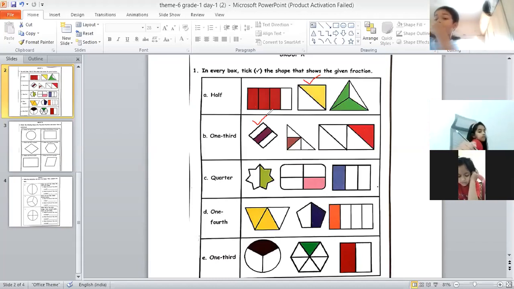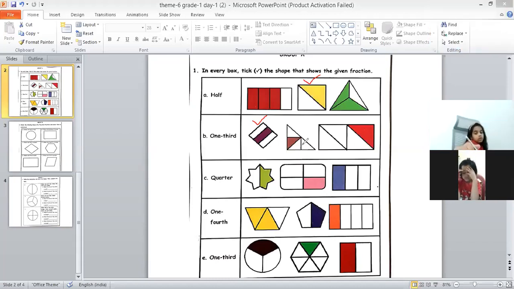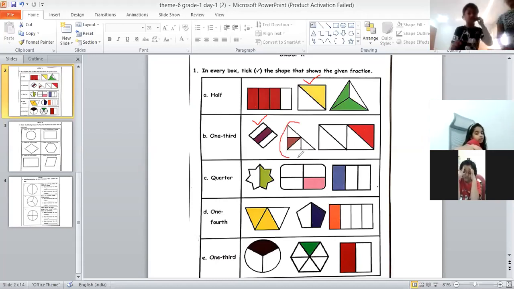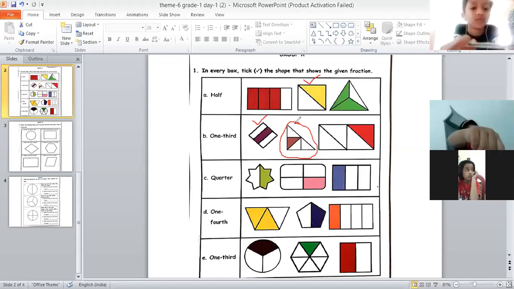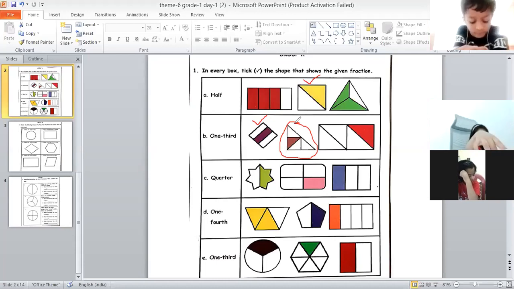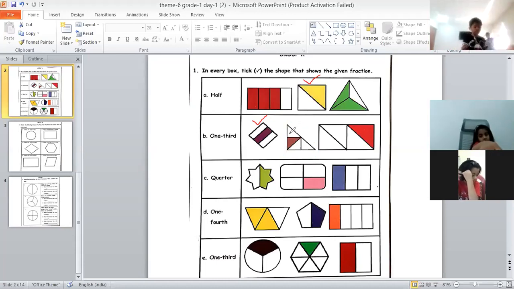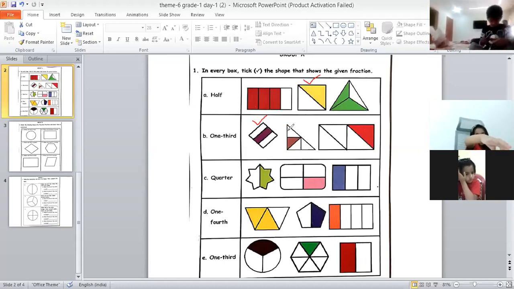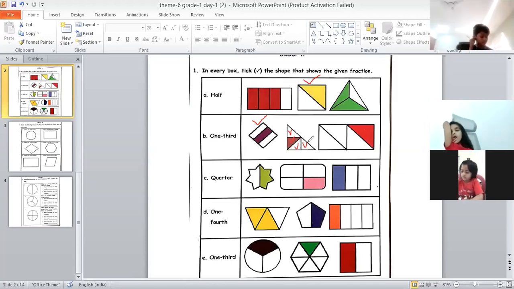Arhan Mohammed. Arhan, now tell me this second shape. This second shape is divided into how many parts? 4 parts. Very good. Yes, children. Now this time this shape is divided into 4 parts. Let us count them one by one. 1, 2, 3, and 4. Yes, this shape is divided into 4 parts. Now out of these 4, how many are shaded, Arhan? 1. Out of these 4 parts, only 1 is shaded.